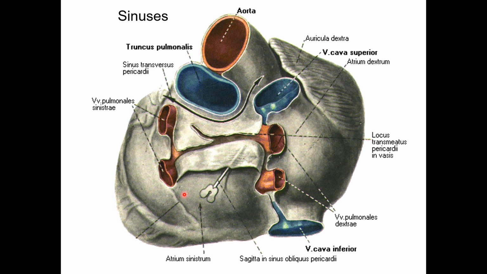The other reflection is located between the 4 pulmonary veins. Here is the location of the left atrium of the heart, which receives the pulmonary veins. The visceral pericardium goes up until it reaches the level of the superior pulmonary veins, then reflects and becomes parietal, making exactly a pocket. This pocket is filled with pericardial fluid, and this pocket is called the oblique pericardial sinus. And right behind it, the esophagus will pass.